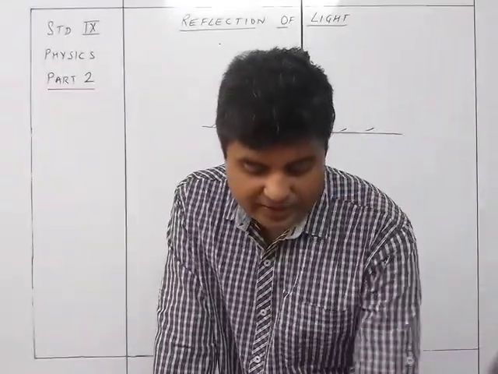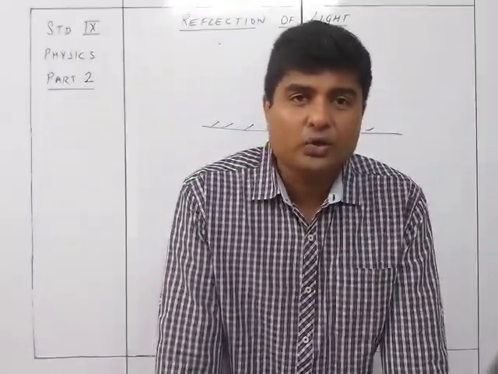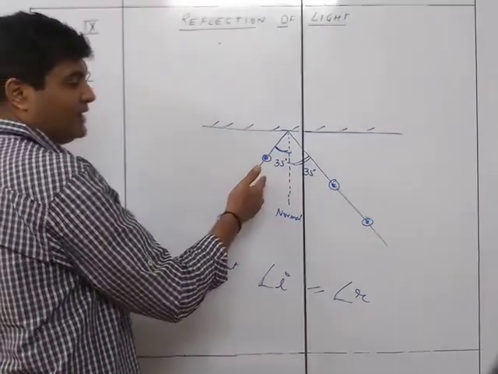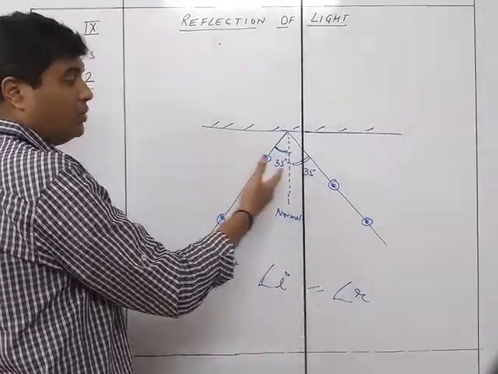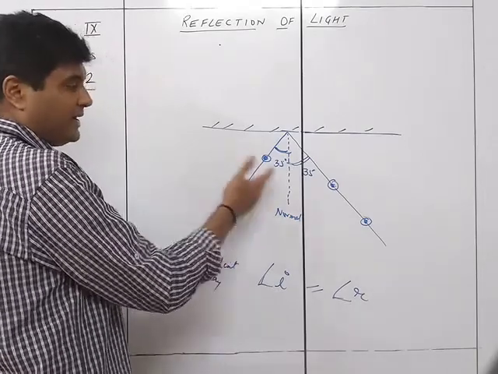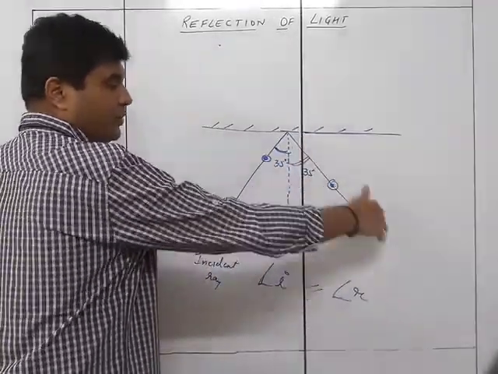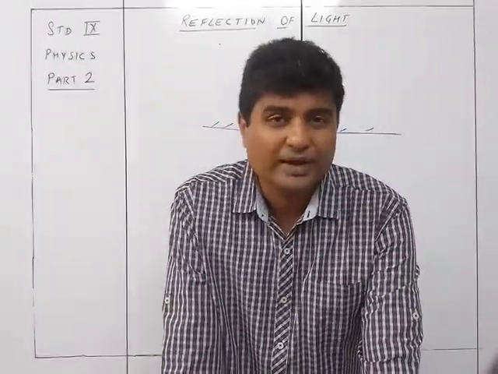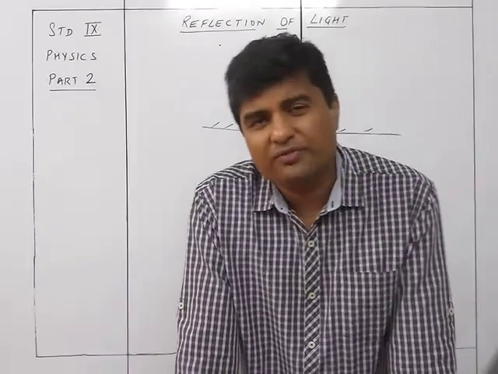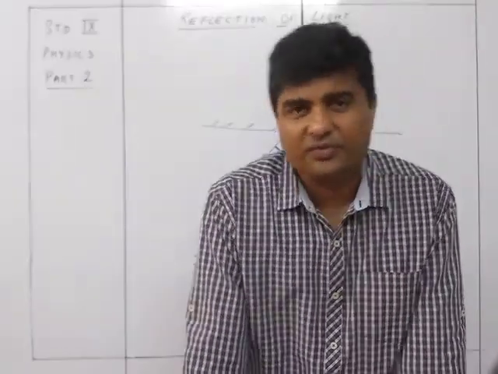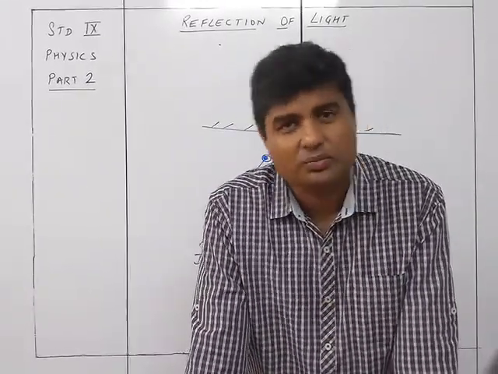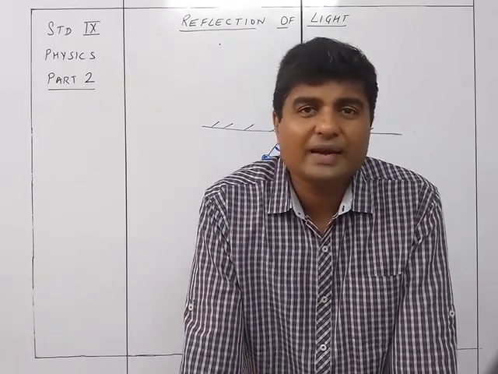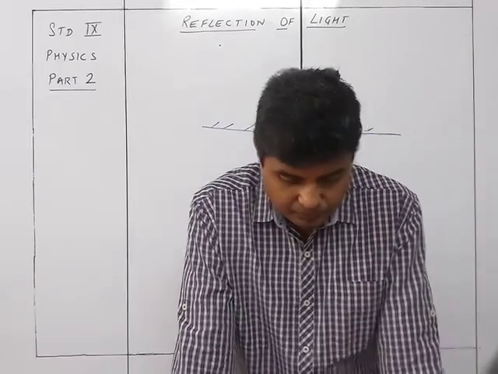So this is what they have explained to you over here, and accordingly you can have multiple such experiments done. Where I have now taken 35, after that I can take 60 degrees, 45 degrees, 30 degrees. I can take different angles and then see what will be the difference in my reflected ray, and hence I can prove that if I took incident ray 30, then reflected was also 30, incident 45 then reflected also 45, incident 50 then reflected 50. So in this way you can prove that angle of incidence is equal to angle of reflection.